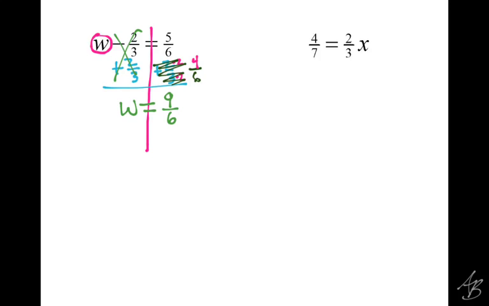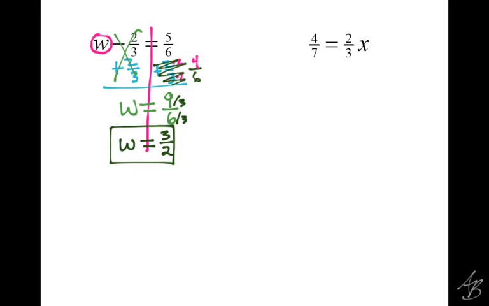And then we're done, right? No. What do we need to do? Always check to make sure you can simplify. We can do that here. What goes into 9 that also goes into 6? 3. So we're going to reduce by 3. And so I'm going to rewrite this. W equals, what's 9 divided by 3? And what's 6 divided by 3? 2. So we get W equals 3 over 2. This is an improper fraction, but remember, we're going to leave them as improper fractions because those are easier to